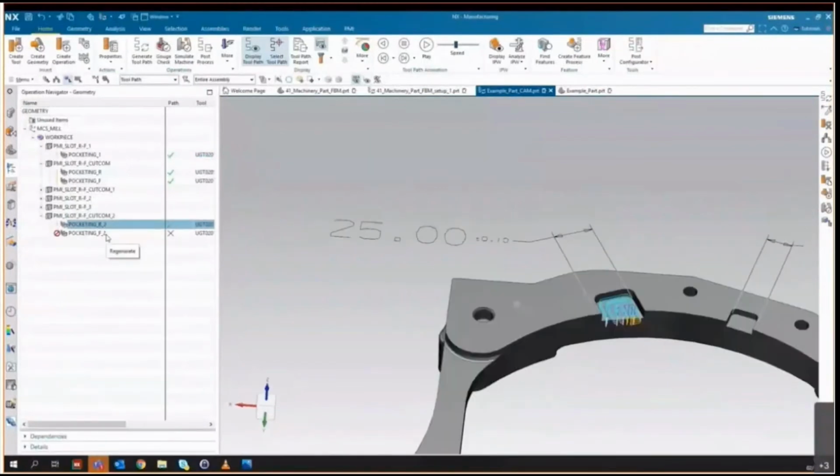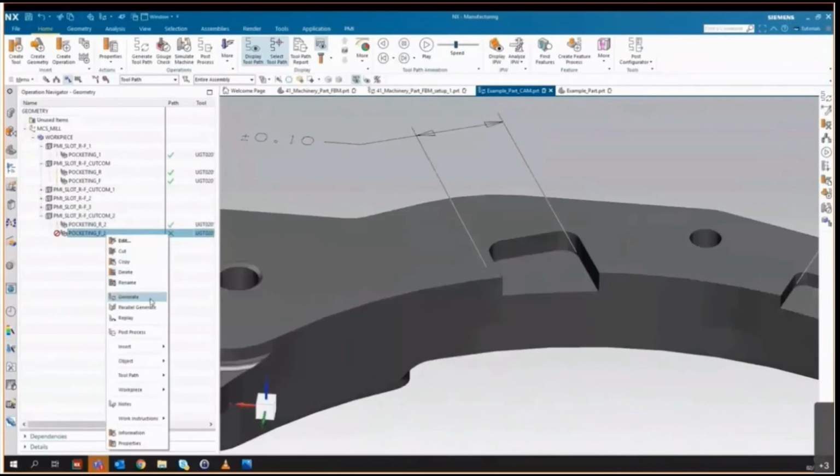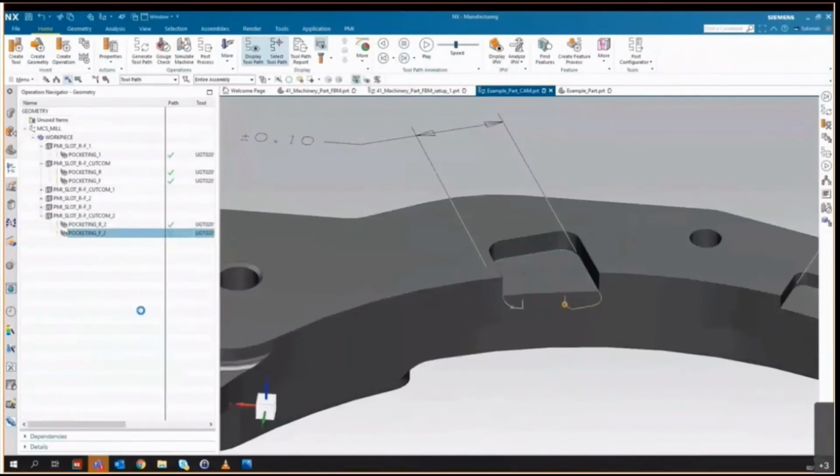So quite a simplistic example, but a nice example of showing how PMI can do more than just add a reamer in. We can actually define what sort of operation process is going to be used on the shop floor, whether it's going to be 2 operations, 3 operations, whether it's going to be a helical mill, or whether we can drill and ream. There's a lot of logic and power that we can apply in feature-based machining.